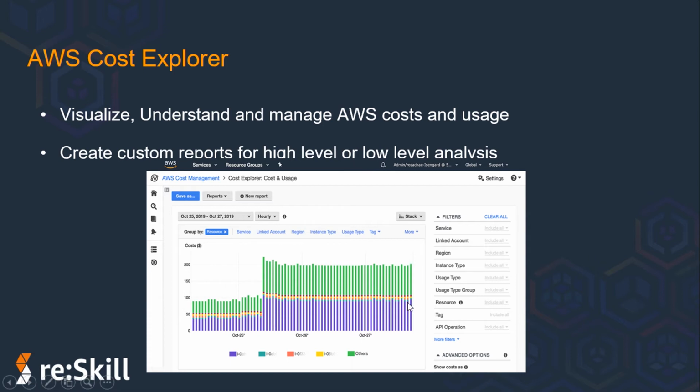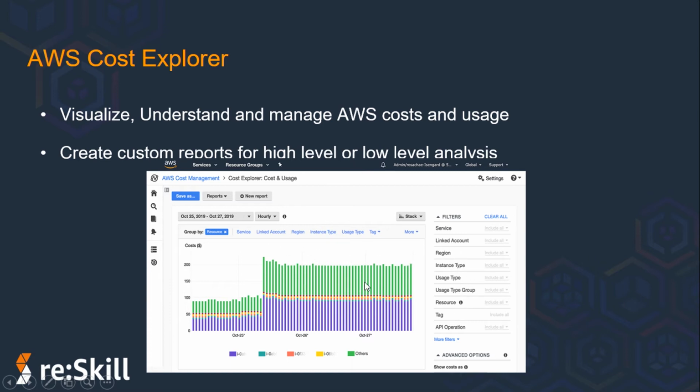Some of the other benefits of using Cost Explorer are that you can set a custom time period and determine whether you would like to view your data at a monthly or daily level of granularity. You can dig deeper into your data by taking advantage of filtering and grouping functionality. As I told you, there are a lot of filters available by which you can view the cost and usage data over time.